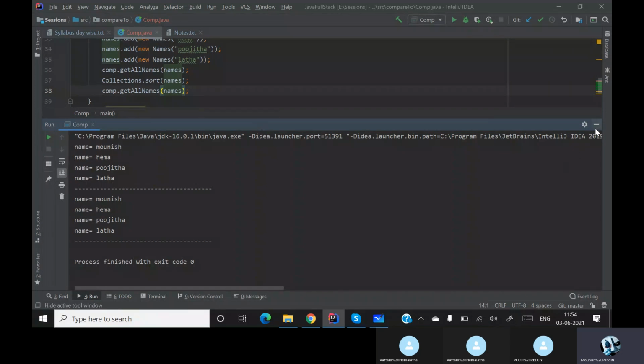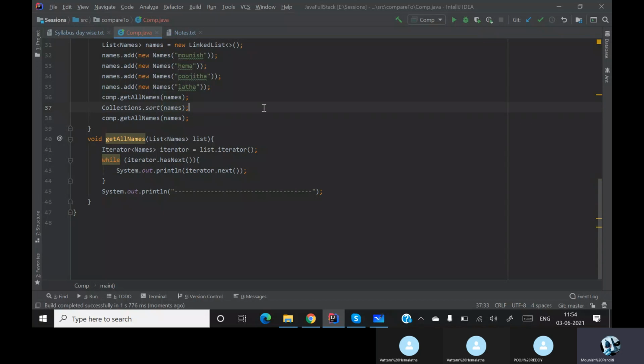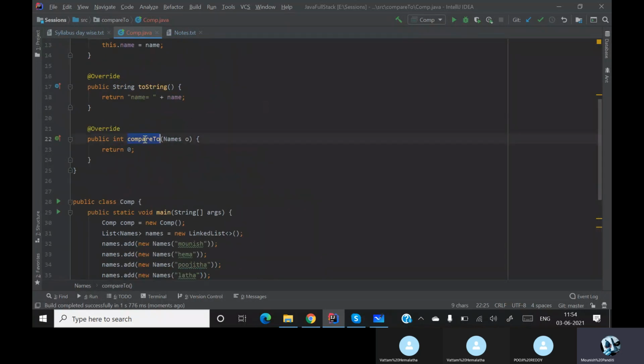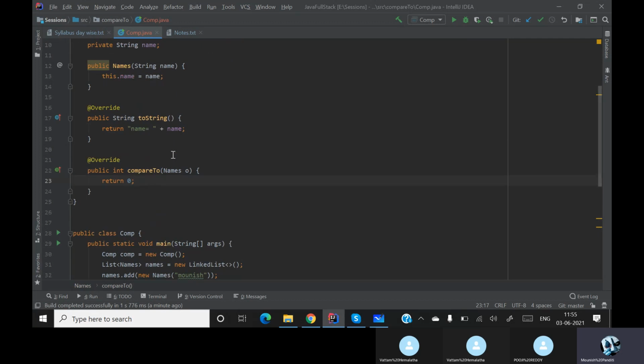Because the sort method is basically taking a parameter, where that parameter is sent to our compareTo method. With the help of comparison only will our sorting happen. You need to first compare whether A is greater than B or H is greater than M. Then only it will return you something. Here I am telling you to return 0, which means I don't want to return anything. However it is, I am telling you to return it in the same way. So it is returning it in the same way. So we need to write our logic over here.